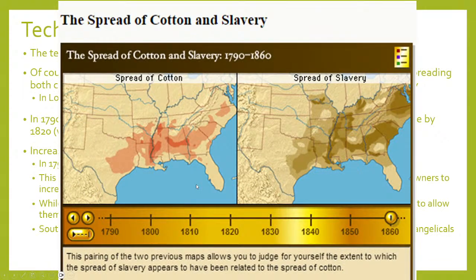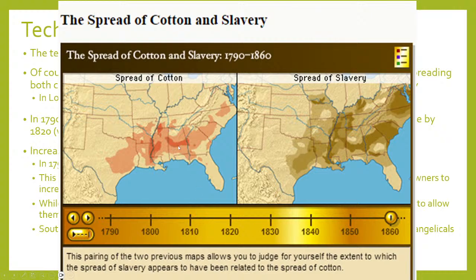Now this is an interesting map, and I mentioned to my class, you see the spread of cotton and the spread of slavery. There's other regions here besides cotton. You can see right here, there's not any cotton. So there's more regions than just cotton, but there are certainly concentrations where cotton is concentrated and slavery is concentrated. But I want to point this one out. This is something that I've seen on a separate map. It shows these two, cotton and slavery, but then it shows a couple more.